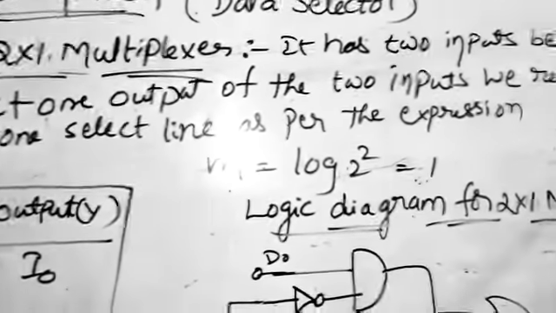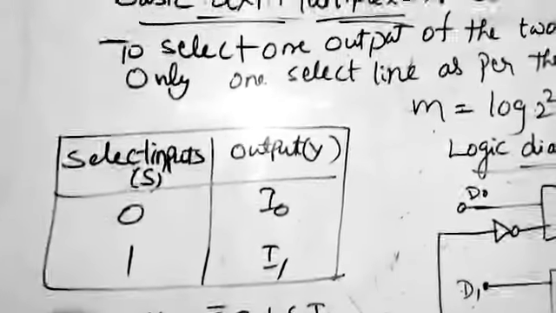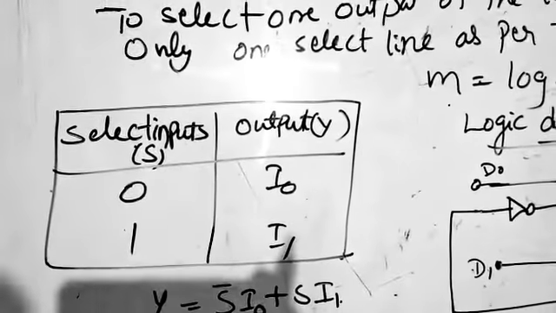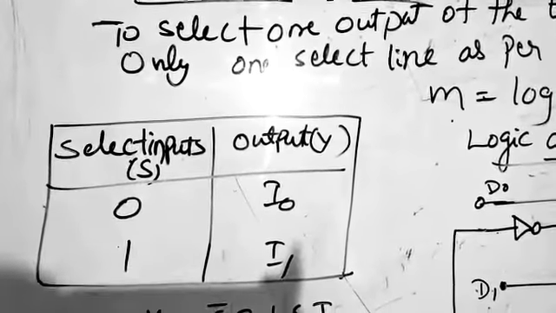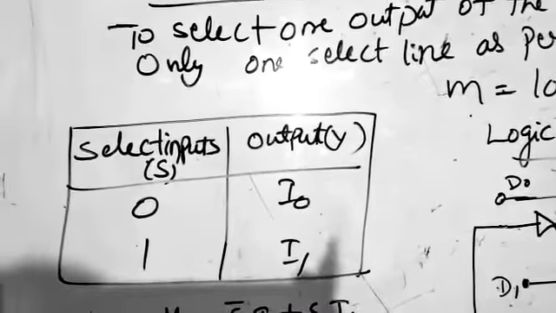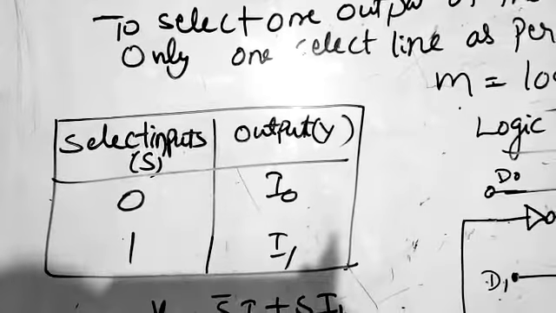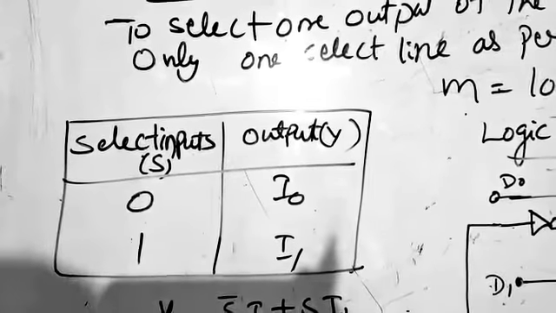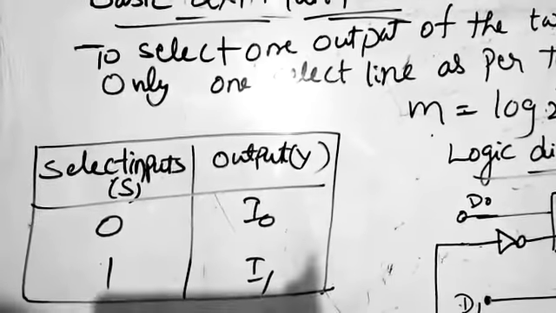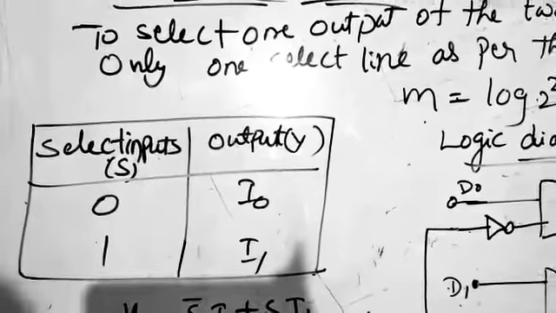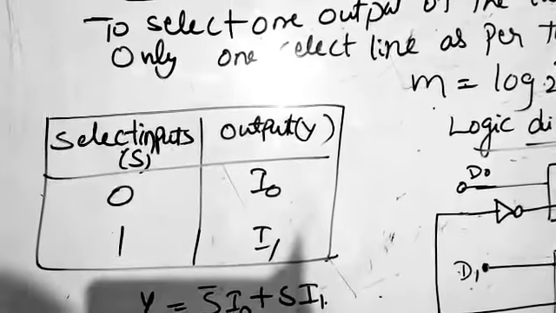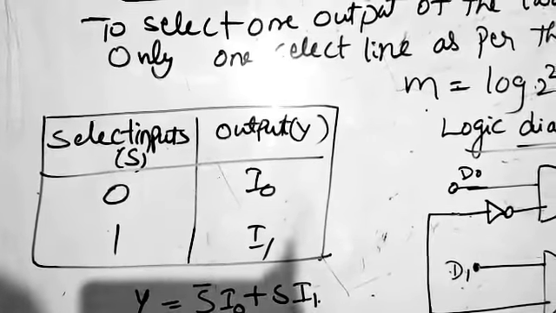These select lines are chosen depending upon the digital input. The possibilities we can give for the one select input are 0 and 1. For select input 0, the input I0 will be represented at the output line. For select input 1, the input selected through to the output is I1. This is the tabular form, which shows which input is selected at the output depending upon the select line.